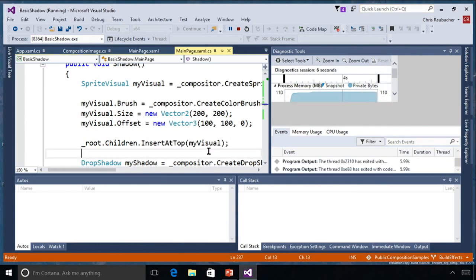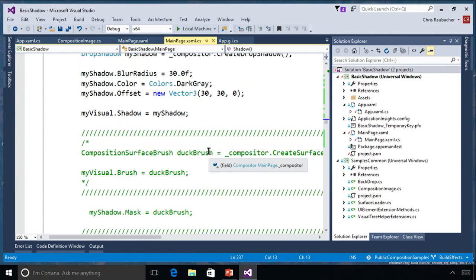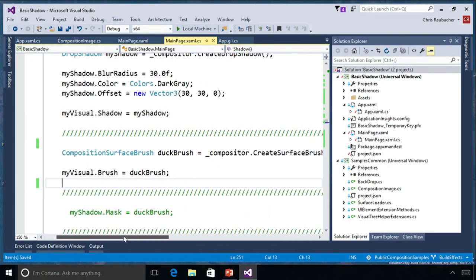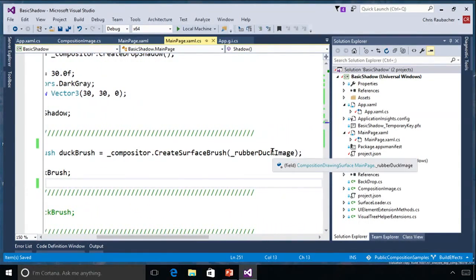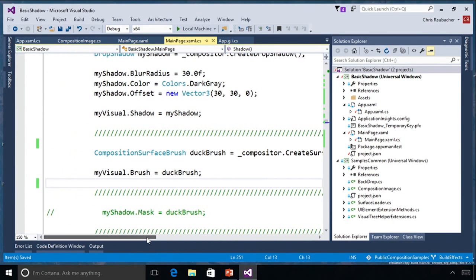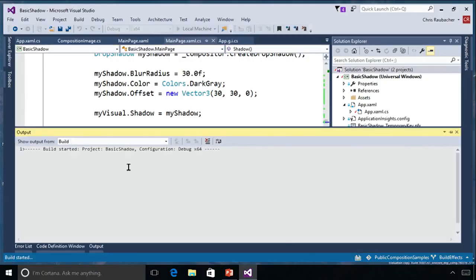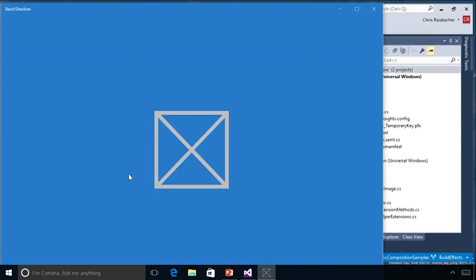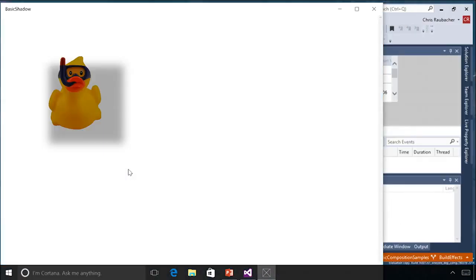So that's great, but then we want to extend that. We want to use a different brush that's a little more interesting than the solid color red. Here I'm going to create a surface brush, which refers to the rubber duck image that I've already loaded into Visual Studio. And I'm going to set the duck as the brush for the visual. Now when I render this, you'll see something that might not be quite expected. There's the duck, as you would expect being the brush for the visual, but the shadow being cast is still